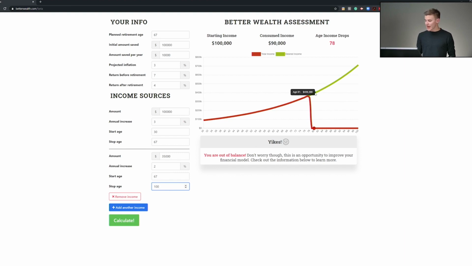So this green line, again, represents early on you need $90,000. When you hit 67, you need $268,000 just to currently consume what you're used to spending when you were 30 years old. That just shows you the power of inflation. Now, if we calculate, you'll see that this model works and this assessment works all the way till age 84, and then drops off all the way down to 49,000, and you can see this gap.